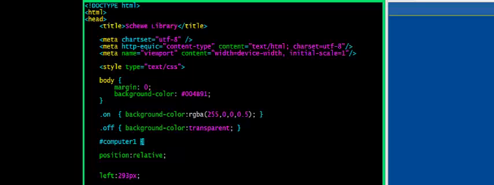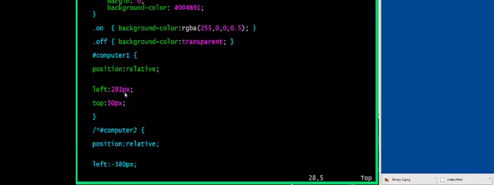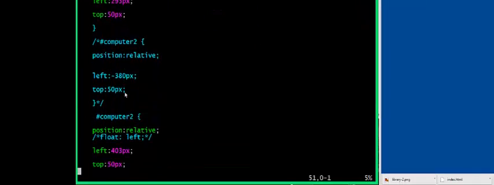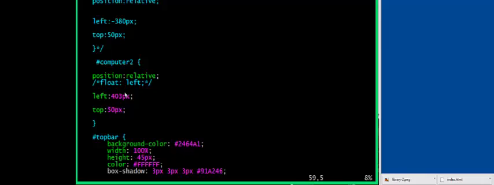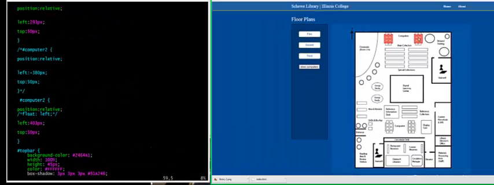But you can actually relate elements to one another on the web page, where you have a relative position, but then a sort of static positioning. So here we have computer 1 and computer 2. Over on the right, if you hit show computers, there's a function that grabs a hold of the computer 1 and computer 2 IDs. So this is a computer 1 and computer 2 ID on the web page, and they belong to the class